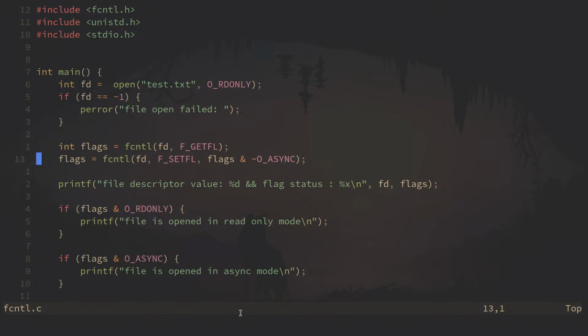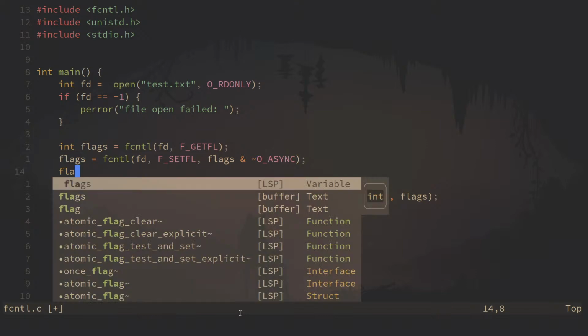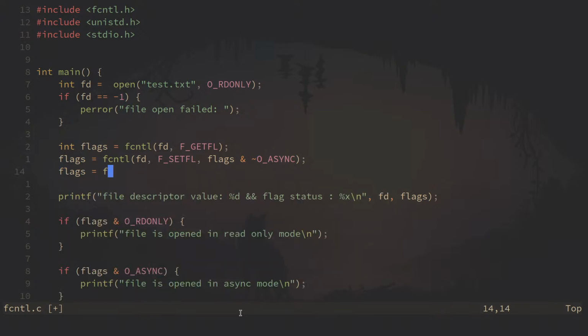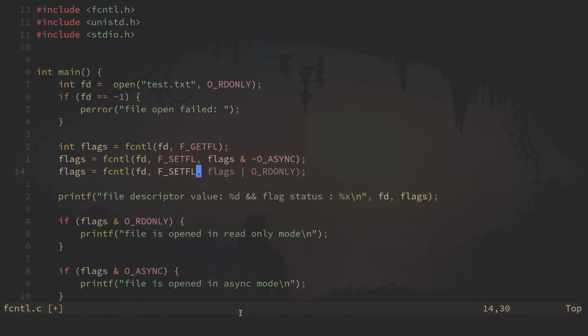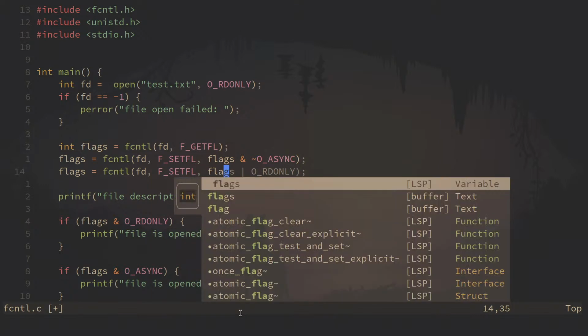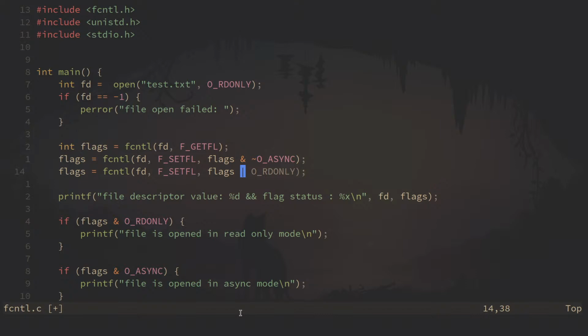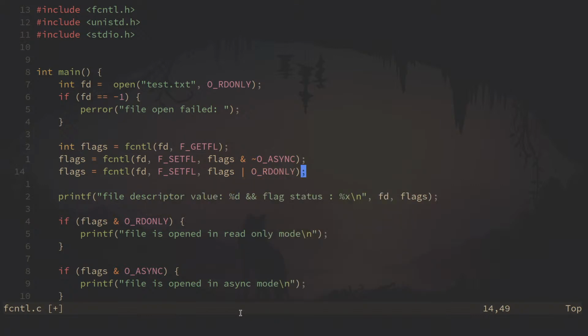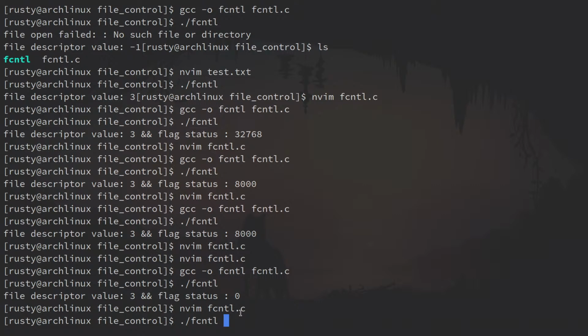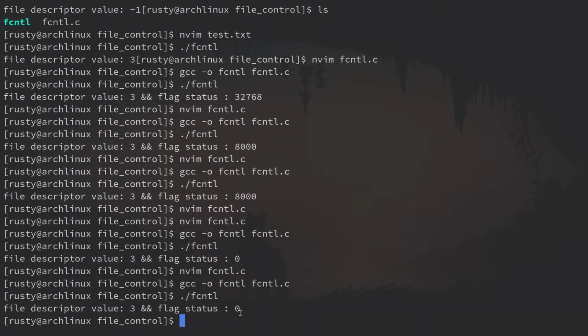Now we set the flags equals fcntl, file descriptor, F_SETFL. We have the flags and a bitwise OR operation with read only mode. Recompile and run the program, so we can get the file status 0, because